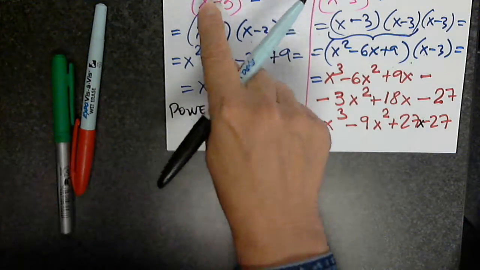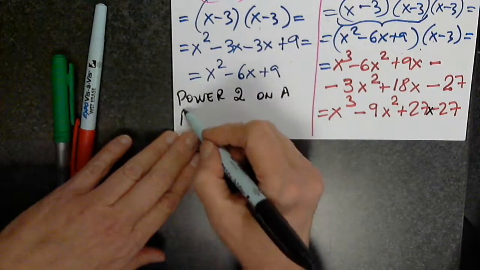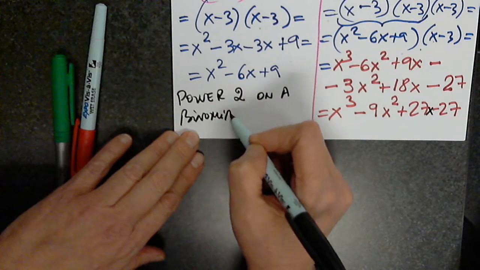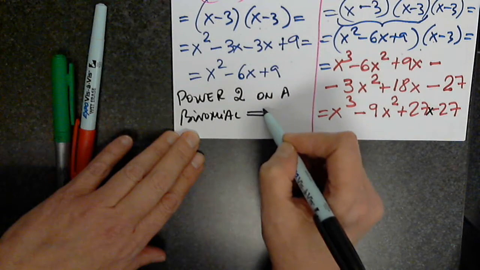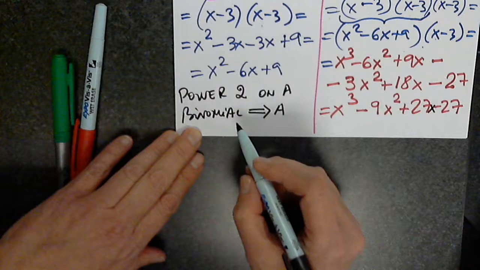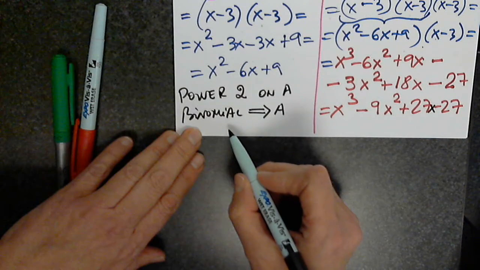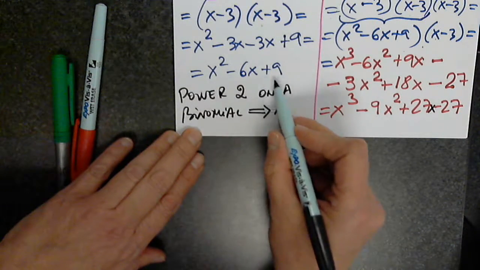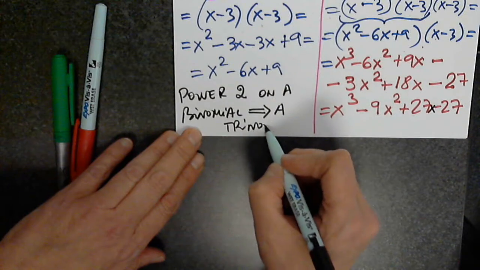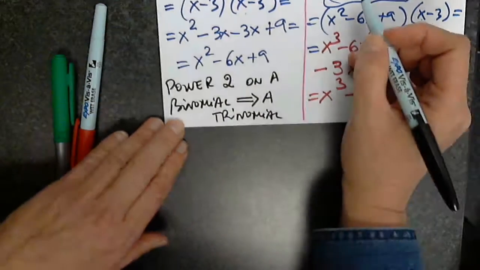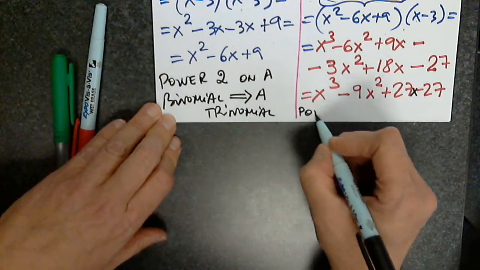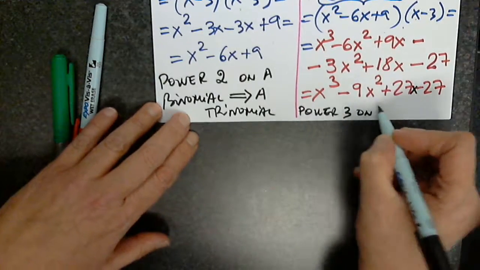Power 2 on a, what is this? Binomial. We know the terminology now. Power 2 on a binomial results in a, what is this? Trinomial. And finally here, power 3 on a binomial